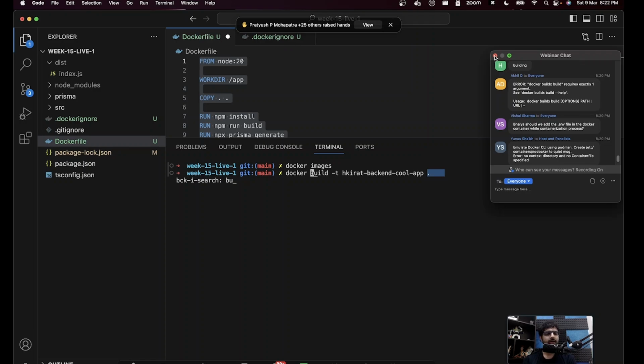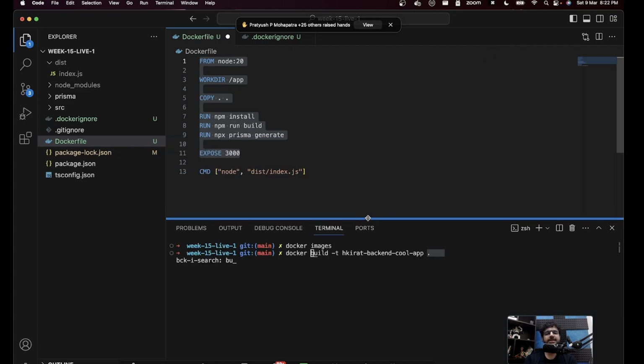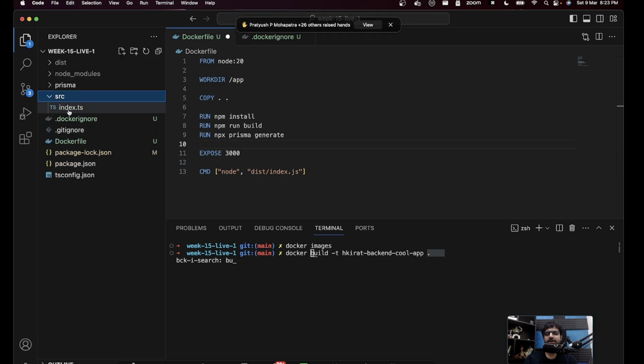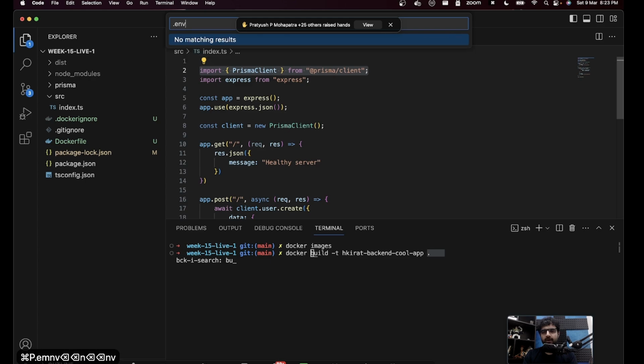All right. So for the people for whom it's still building, I'm not running any more commands. Let me just share a few things around environment variables. Right now, if you look at it, our source/index.ts uses the Prisma client. And if you remember, there is a top level .env file, which I don't see because I probably removed it. Do you have .env.example? No.